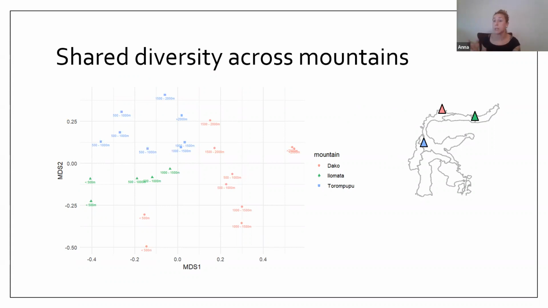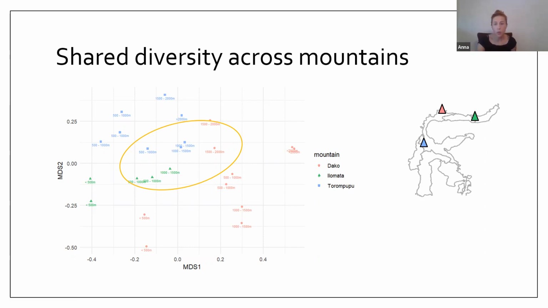And so the colors represent each mountain. And we can see here that the sites on each mountain are clustering together. So you've got all the blue together, the green together, and the pink together. But you do see, of course, that some points are much closer to one another. And these are actually sites that are all at a similar elevation. So this could be reflecting that there are taxa dispersing between mountains and maintaining that ancestral niche, rather than showing patterns of plasticity and radiation across a mountain. So as you can see here, it's all the mountains that are around 1,000, 1,500 meter sites. All of those are clustering together and seem like they share a much higher density of diversity than sites at different elevations.